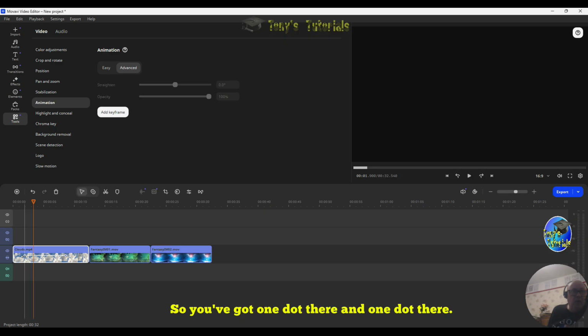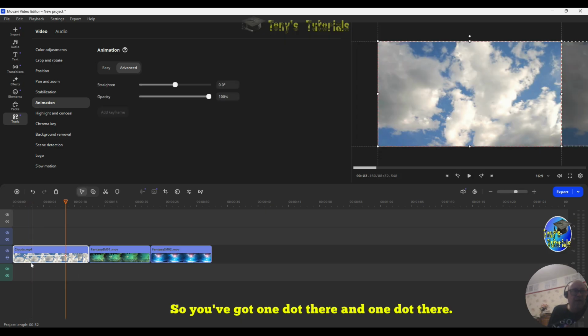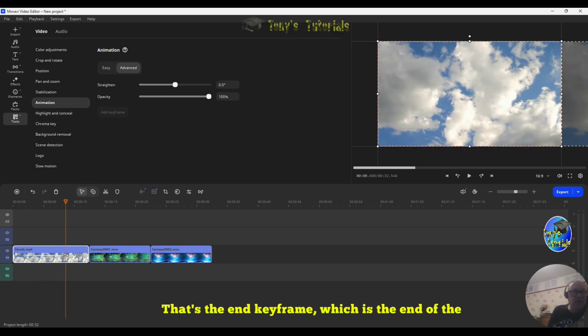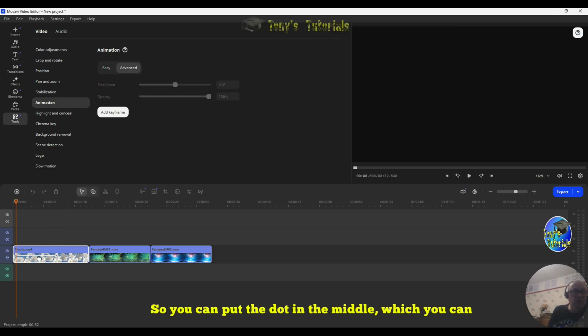So you've got 1 dot there and 1 dot there. These dots are called keyframes, right? So that's the first keyframe, which is the beginning of the animation, that's the end keyframe, which is the end of the animation, right? You've got a bar in the middle, which you can use to adjust the position of it by left clicking